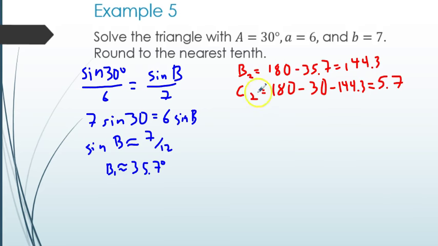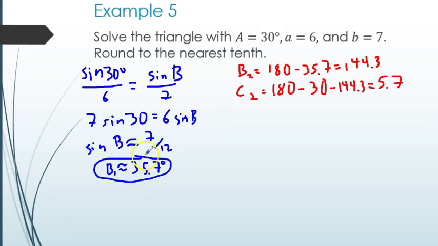So in this case, we are getting a reasonable number. We are getting a number that can actually work for the second triangle. So unfortunately, that means we're going to have to go through the law of sines process twice for these. So it doesn't really matter what order you're doing these in. So let's go ahead and finish the first one we were setting up before we move on to the second